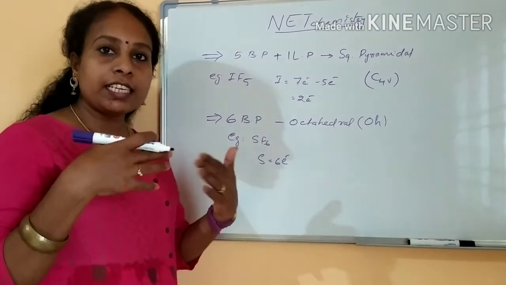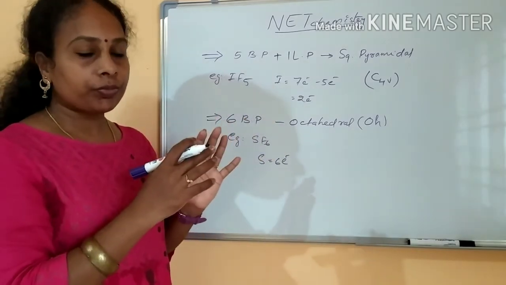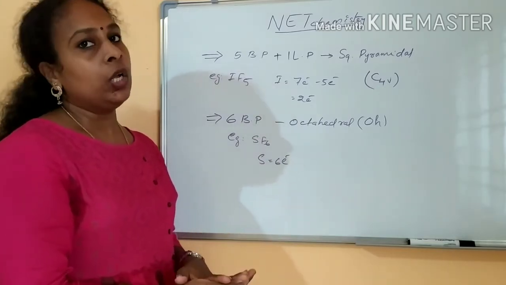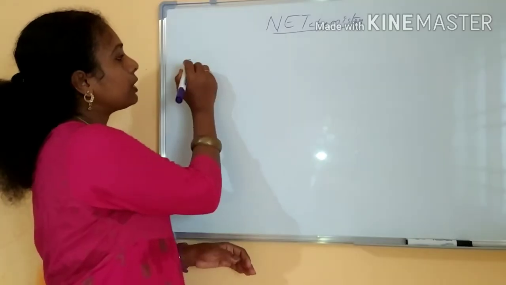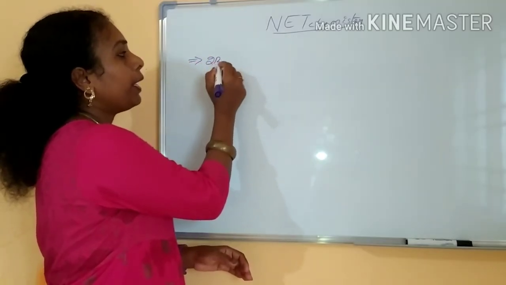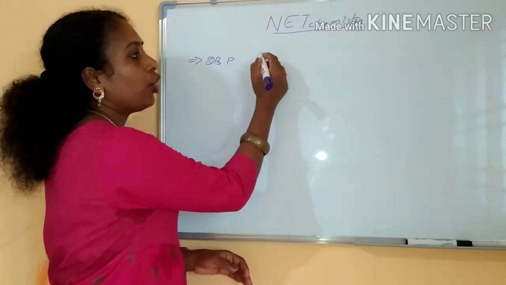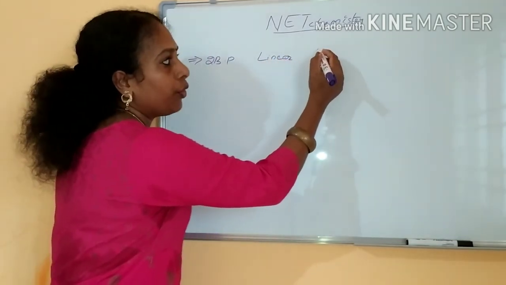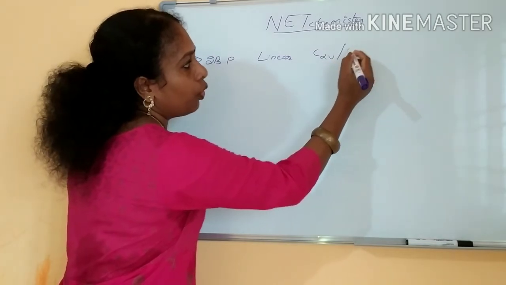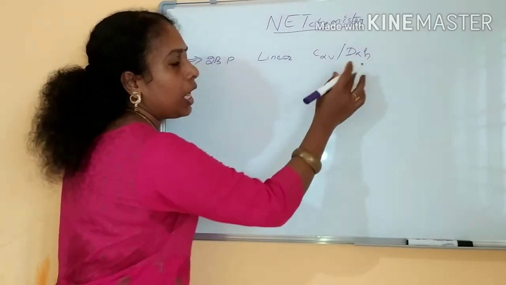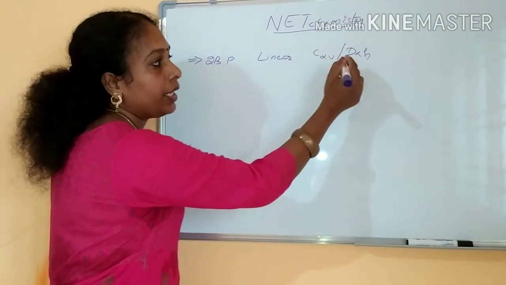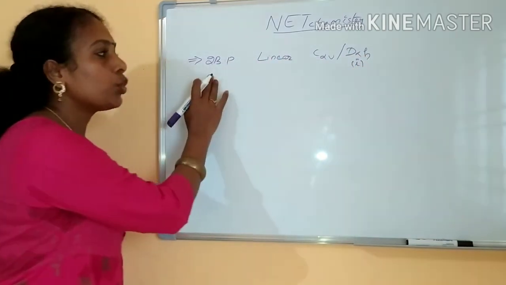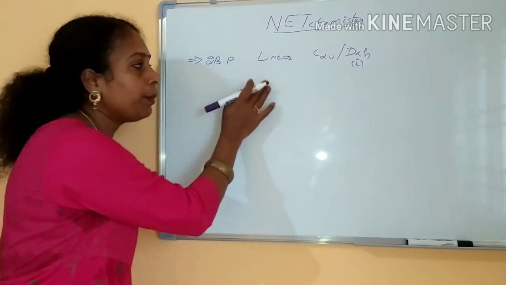VSEPR theory. Let us have a revision from 1 to all up to octahedral molecule. We will see what all are the things we have seen. Okay, then we will finish. First one we have seen 2 bond pair alone present. 2 bond pair alone present, the molecule will be linear, right? This linear molecule we know either it will be C infinity V or D infinity H, as according to the presence of I. Here it is I is there, center of inversion is there, here no I is there. So 2 bond pair alone present, the molecule will be linear shape.